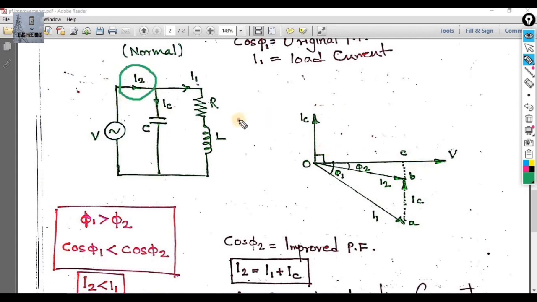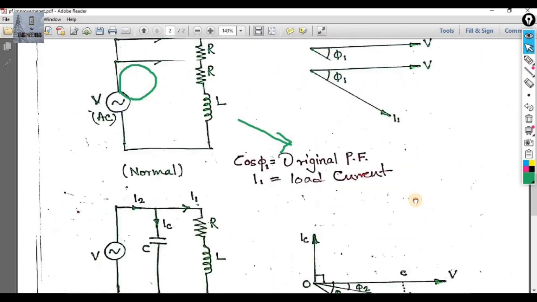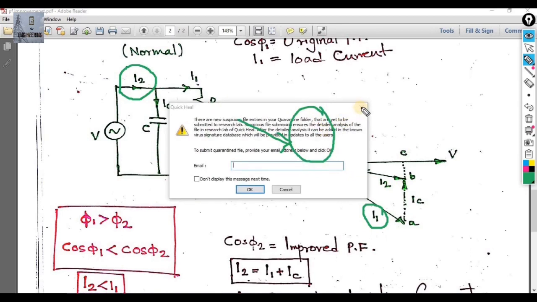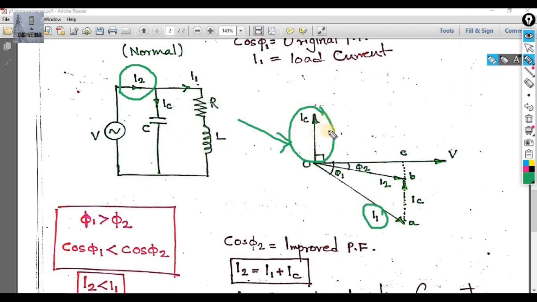Okay, if you look at the graph of the circuit, you can see the V voltage, and the I, which is the lagging current, and the phi 1, which we can see in the previous graph also. So if we consider that this is the I, the previous load current, and this is the phi 1 angle, which is the previous power factor angle. Here it is the IC, which is the leading current of the capacitor, or the charging current of the capacitor.